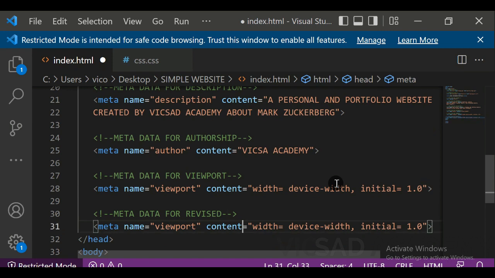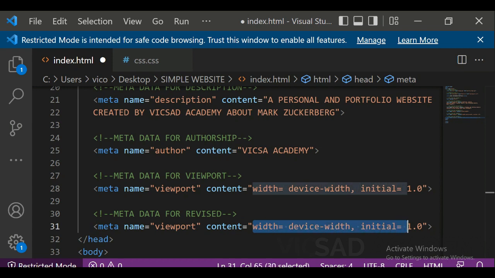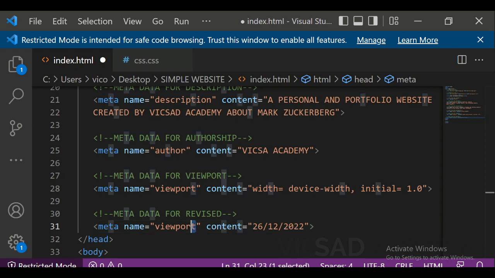So content here will be, guys, sorry for pausing the video, I was trying to fix something. So okay, I'm just gonna put here when last it was revised, and that was on the 12th of December 2022. So okay, yeah, I'm gonna put revised,